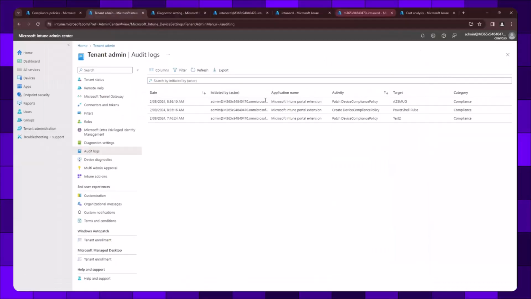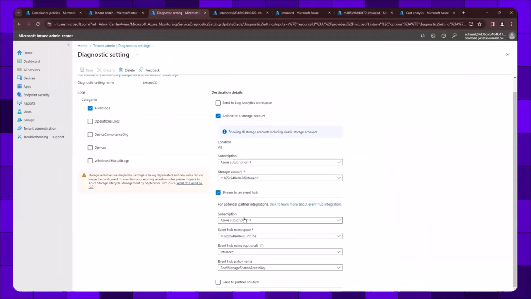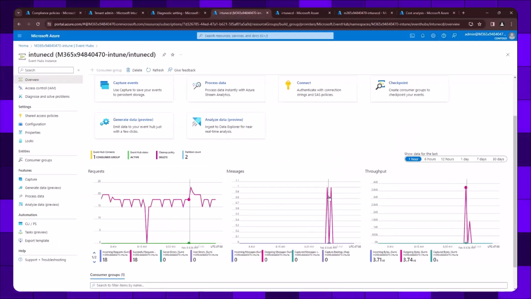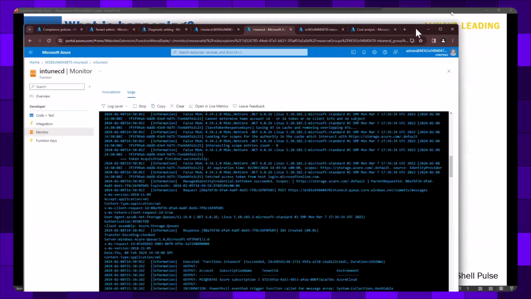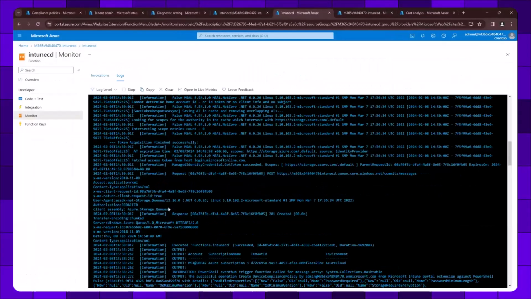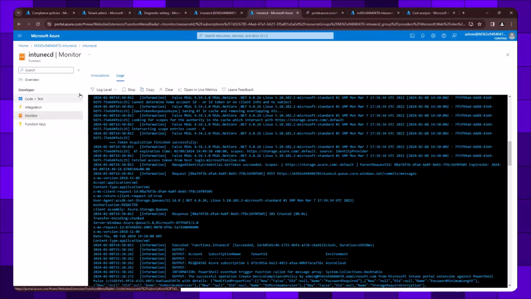Good stuff. So we talked through how the audit log gets streamed to an Event Hub through the diagnostic settings on our audit log. We saw these messages come in. What happened is these messages actually triggered a function. In Azure, you can have Azure Functions, which can be anything that you want. In this case, it is a PowerShell script. And this PowerShell script is basically saying, hey, an Event Hub message came in, process it. So every time a message comes in, we're going to want to